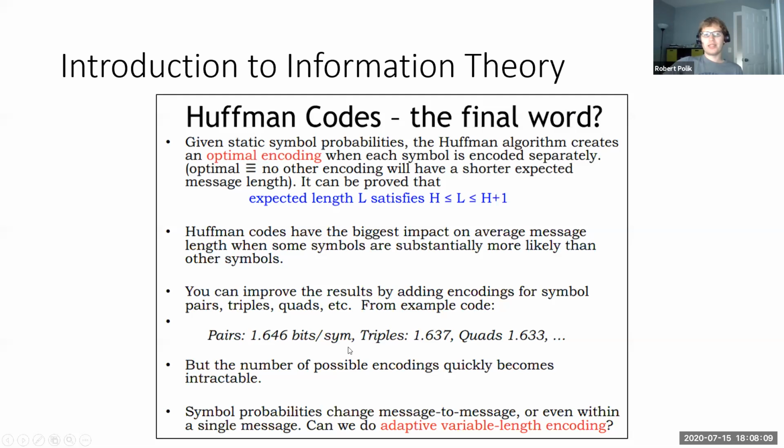However, as we make these longer and longer, our tree becomes a huge hassle. And to add to that, what if the symbol probabilities are different from message to message? Then we need a new encoding system for every message, and now we have to communicate the encoding system as well, which takes up extra data. Anyway, I thought that was interesting. It's a very basic introduction to file compression.